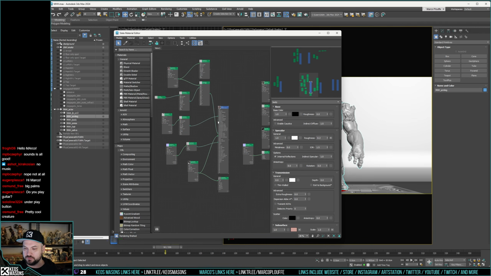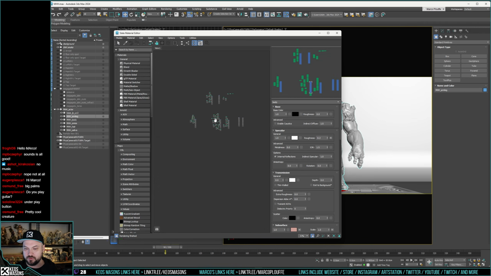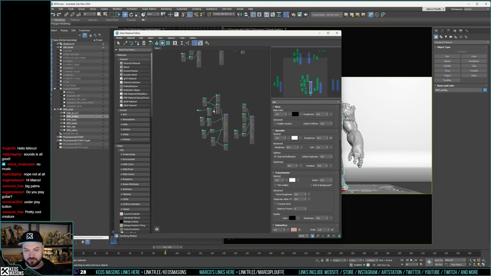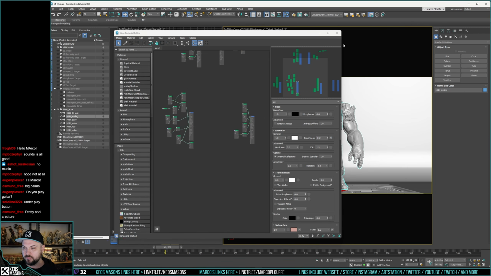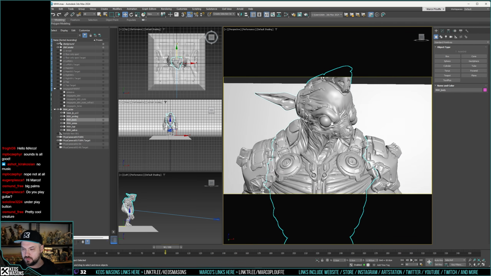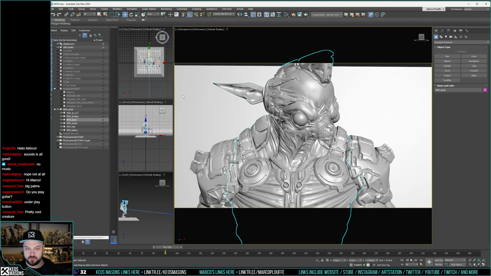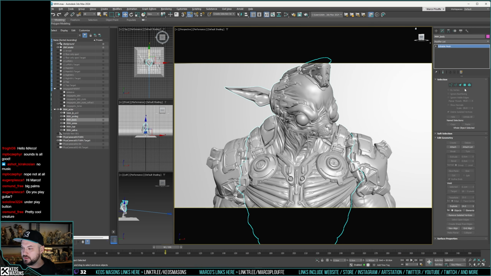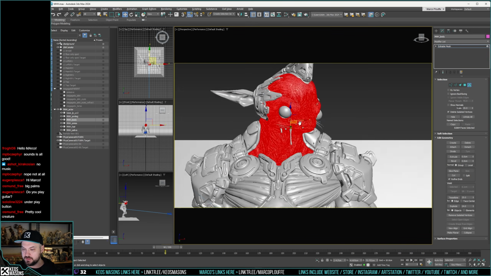Yeah, actually, you know what I'm going to do is split my mesh, like split the skin away from the body. Right now it's in the same mesh, but yeah. Let's remove the